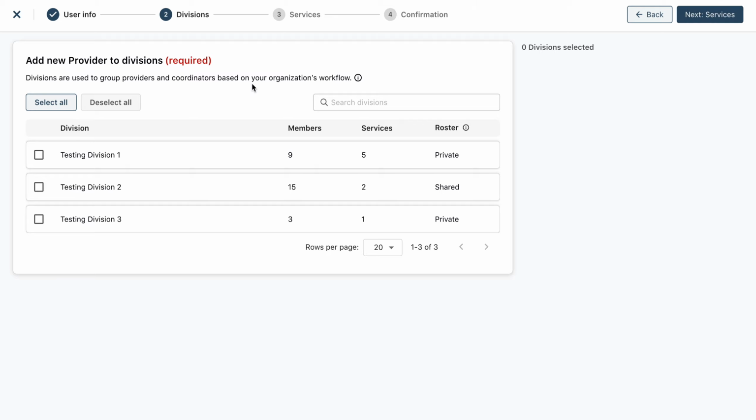Next is the division step. You can invite them to the divisions they should belong to here. Divisions are used to group providers and coordinators based on your organization's workflow and should be configured by the on-call team during your onboarding process. The columns in this table are meant to display each division's settings so you can make